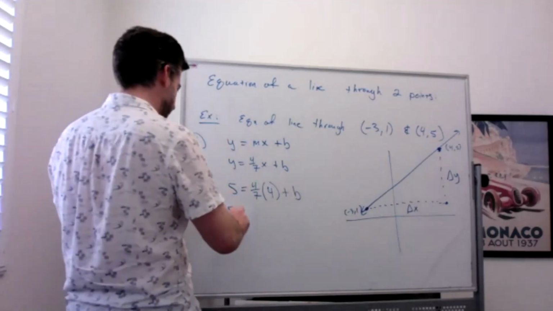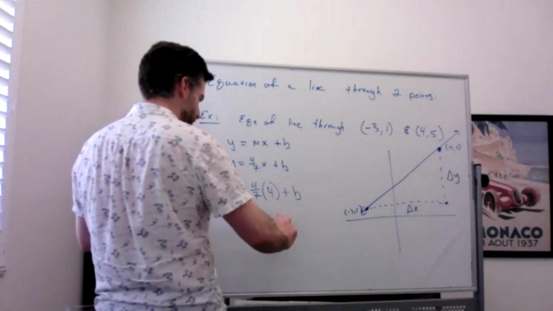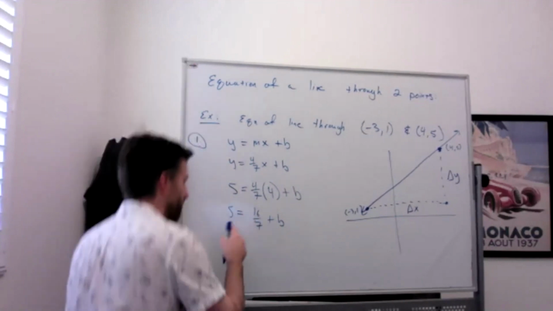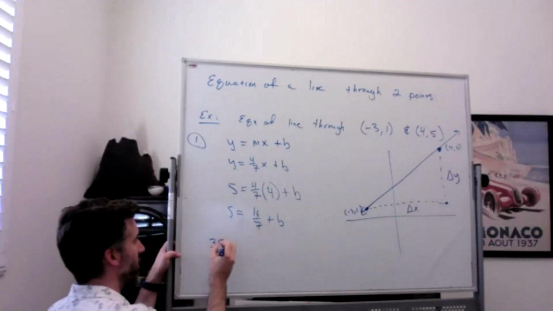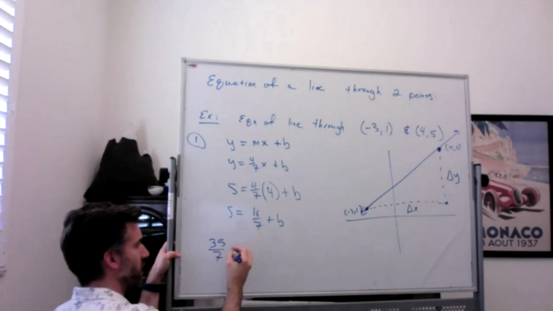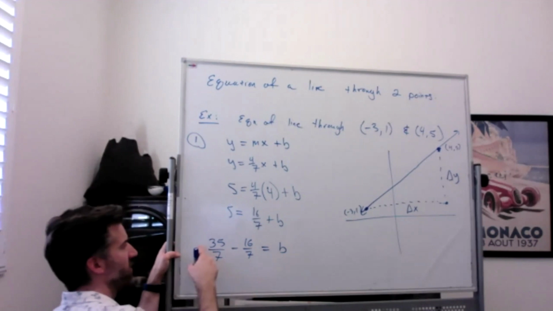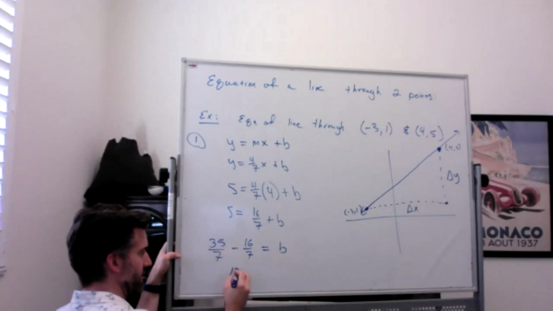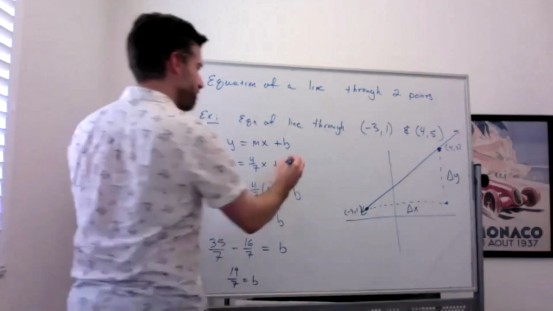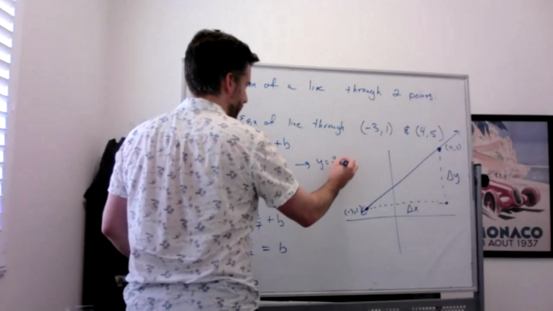So 5 equals 4/7 times 4, which is 16/7. And I'm going to subtract this over, and I'm going to get a common denominator. So I'm going to make 5 35/7. I multiplied 5 by 7 over 7. I'm going to subtract 16/7. And then 35 minus 16 is 19/7. So the equation of my line would be y equal to 4/7x plus